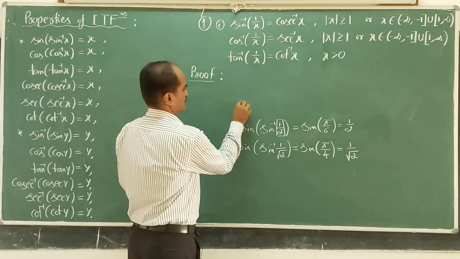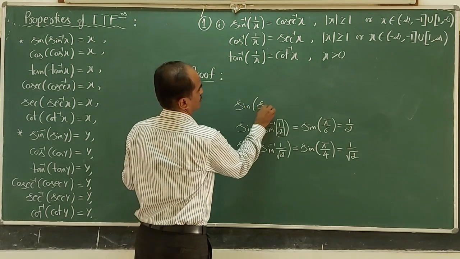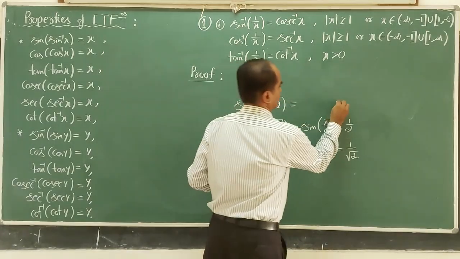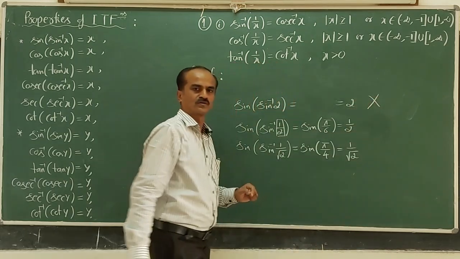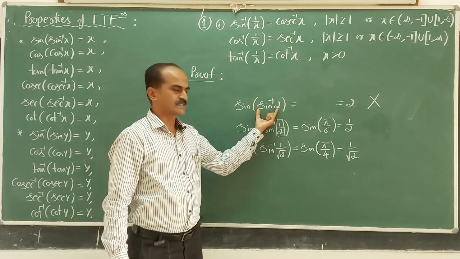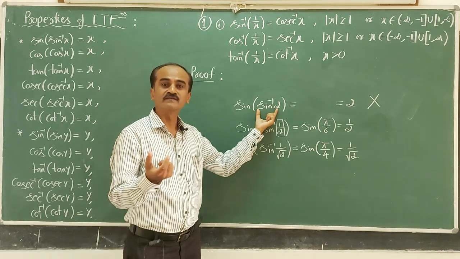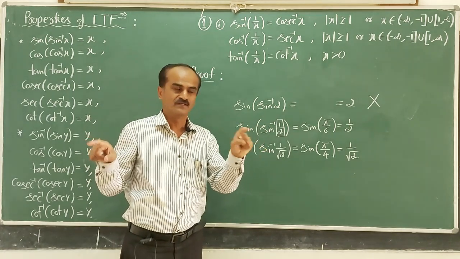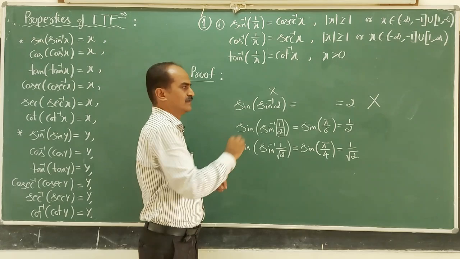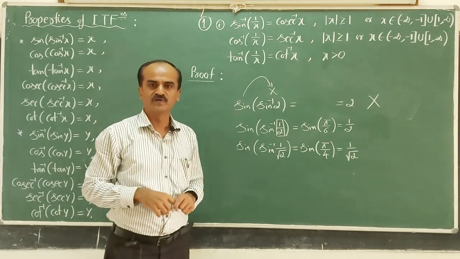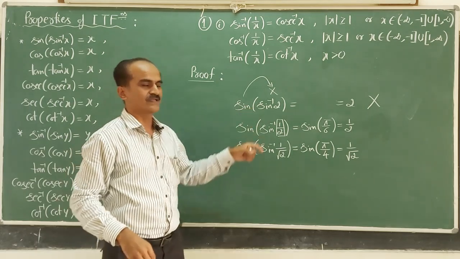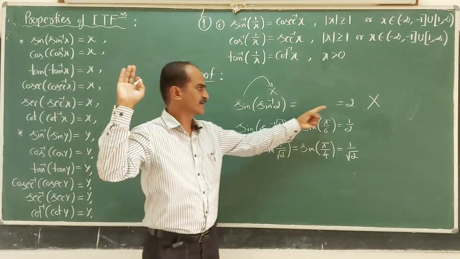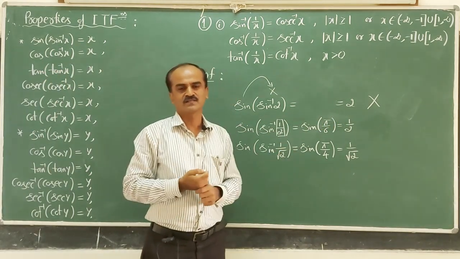Suppose if I write sine of sine inverse 2, can we write it as 2? Not at all, because sine inverse domain is closed interval minus 1 to 1. Here I have written a real number which is lying outside that interval. So, sine inverse of 2 is not defined, then sine of this undefined number is not defined. Therefore, sine of sine inverse 2 is not defined. It cannot be determined, or by applying that result you cannot write it as 2. Therefore, there is a restriction here to apply that formula.